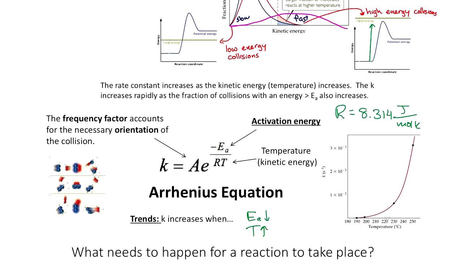Okay, and that is how you can calculate the rate constant for any given reaction. I don't even think I assign any homework problems where I have you calculate k using the Arrhenius equation, but what you can get out of this equation are the trends that I mentioned here. K increases when activation energy is small, a small hill, or when temperature is high, because there's lots of energy to get over